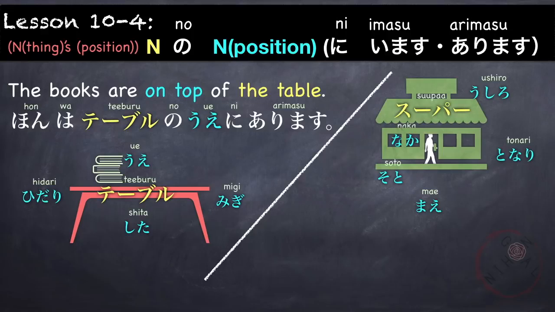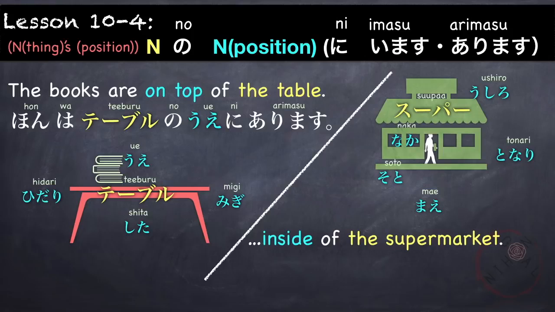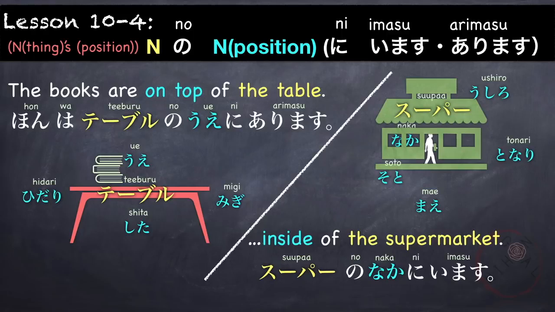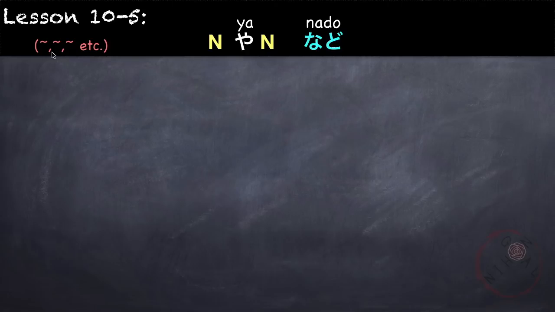Another example. Where is your husband? ご主人はどこにいますか? You can drop the topic and just say inside of the supermarket. Or スーパーの中。スーパーの中です。Or にいます。スーパーの中にいます。Next is another way of connecting nouns using や and など。For example, en や en など。や means such